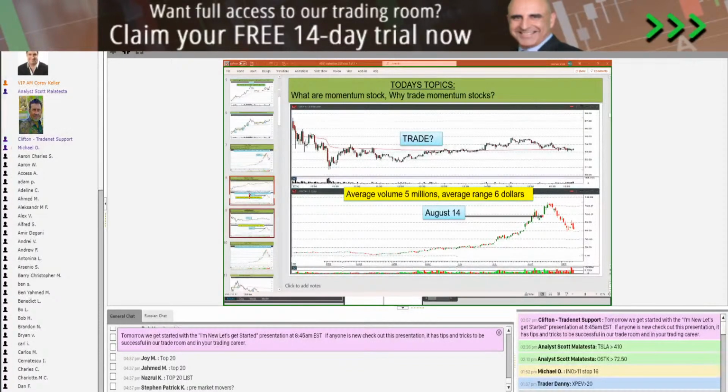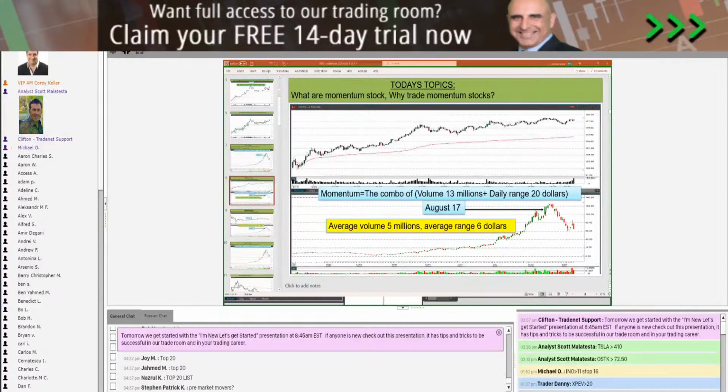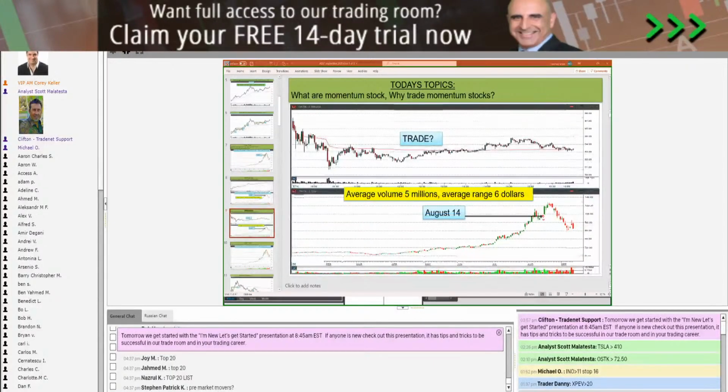Now, look at this chart, guys. This is again OSTK August 17. Look at the daily bar, and look at the volume associated with it. In this case, 13 million shares. Now, let's go back and take a look at August 14. That's the previous day. On the previous day, it trades the average volume of 5 million, the average daily range $6,